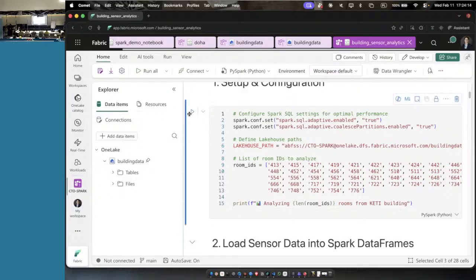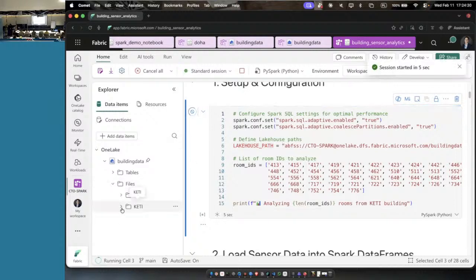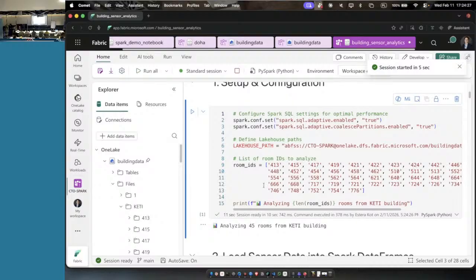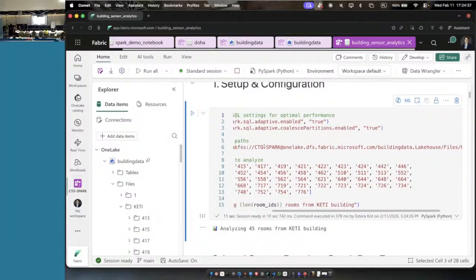So just run a command. Oh my God, there is no error. So even the MCP server did not make a mistake with the lakehouse path. It figured out where the files are located.